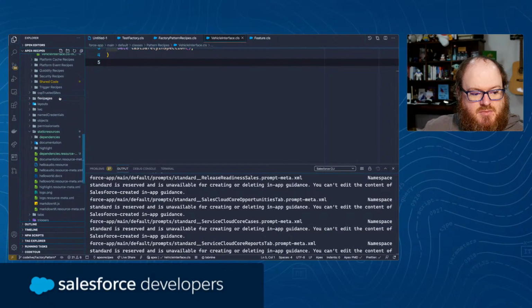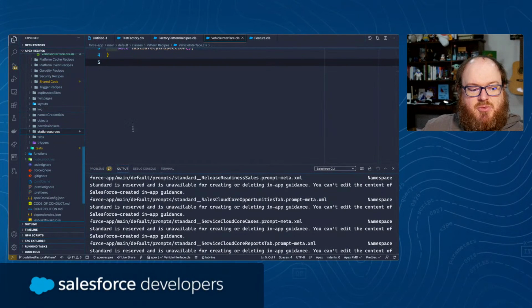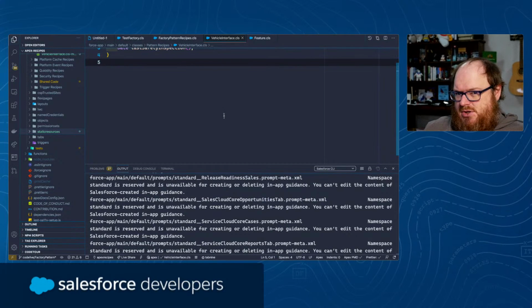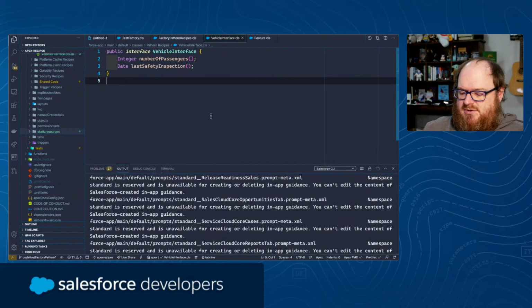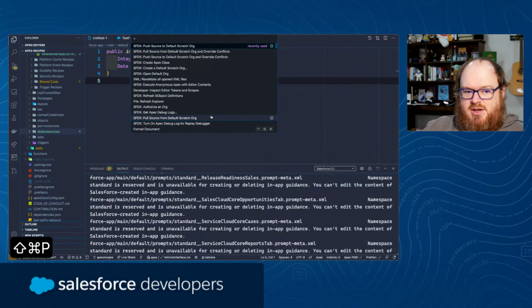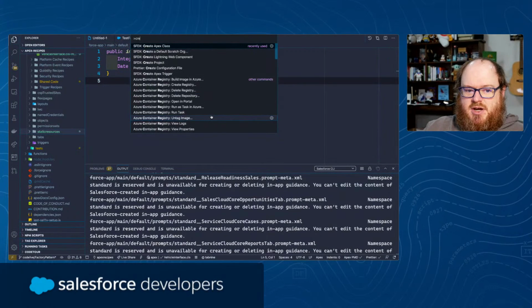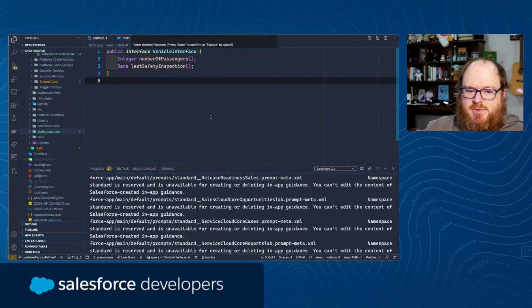Well, here's what we're going to do. I'm going to demonstrate how this works, and you're just going to have to roll with the punches a little bit, and we're going to have to go on faith that I am not pulling the wool over your eyes here. So I'm going to create an Apex class. I'm going to call this one car,